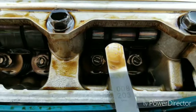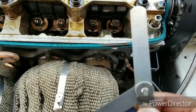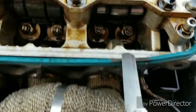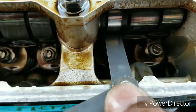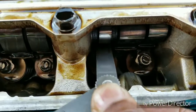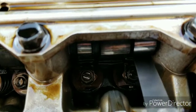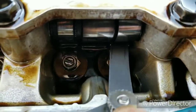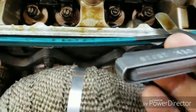So you see how the 8 fits in there, minimal adjustment. Afterwards, just to make sure it's not too much slack, try the next number, a 9, and make sure this 9 can't go in. Because if this 9 can go in also, it's too much slack. You see how the 9 is bending? It doesn't want to go in. That's good. Then you try it over here. Make sure that 9 doesn't go in. See how it's bending? But if you put the 8,